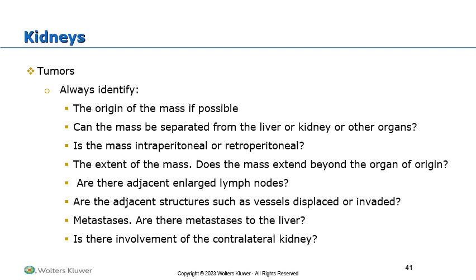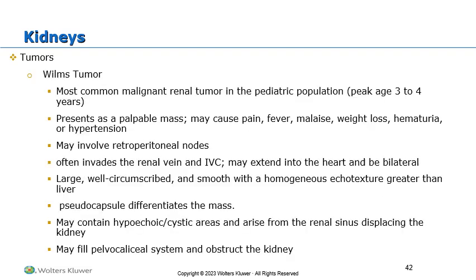So that's going to be one of the primary places that we're going to be looking. That means extending the exam if necessary. Also, the nearby lymph nodes, that would be a metastasis. And then any other areas that could have direct extension. We also want to see if there's involvement of the contralateral kidney, because sometimes we will find these to be bilateral. So in our pediatric population, a Wilms tumor is the most common, and these are malignant renal tumors that